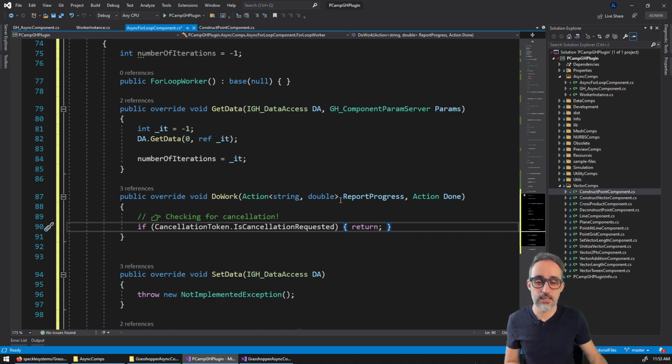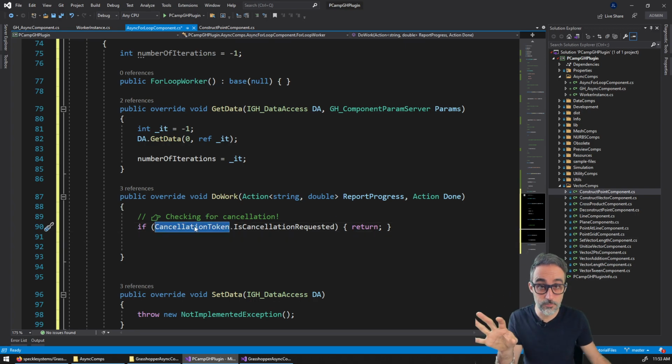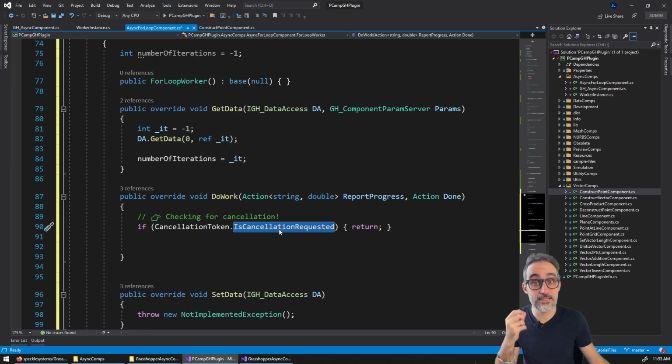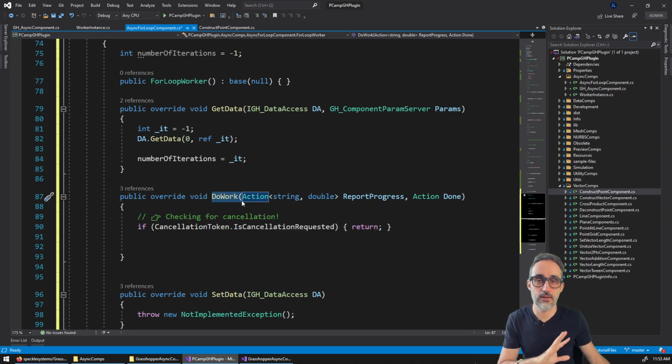So for example, here we can check if the cancellation token, which is a property of the base worker instance, has been requested for cancellation,